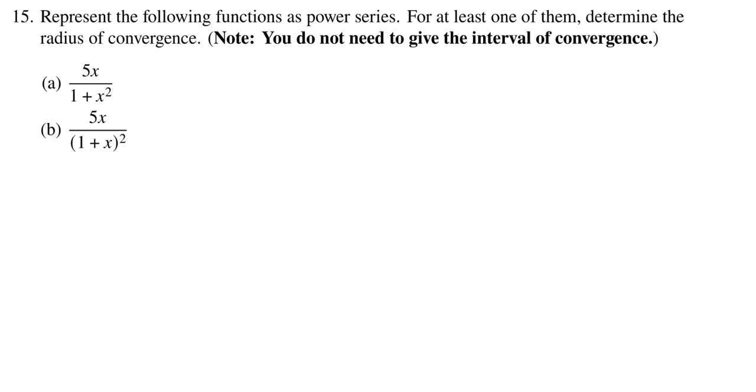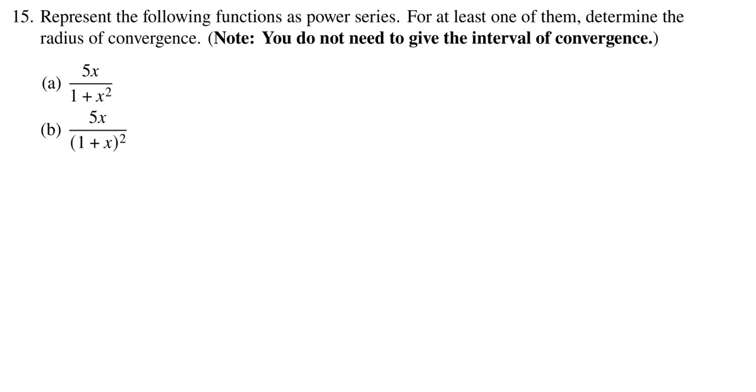And these look very, very similar. They both have this 5x in the numerator and some sort of 1 plus x squared in the denominator, but man, do order of operations matter. So here we're adding x squared to 1, and here we're adding x to 1 and then squaring the result, right? We're taking the square of x plus 1. So they're not the same function. And we're going to have to treat them actually very differently when we go to actually compute the power series